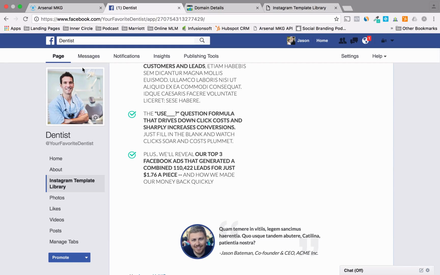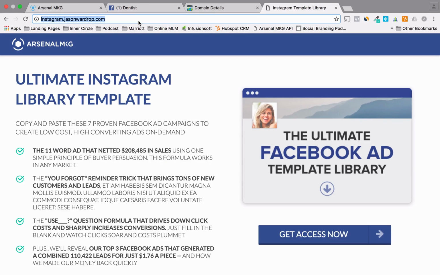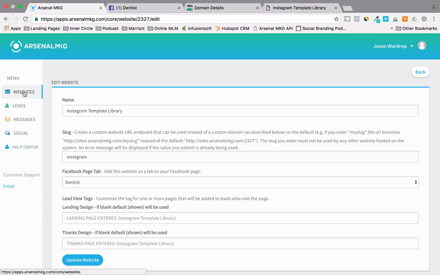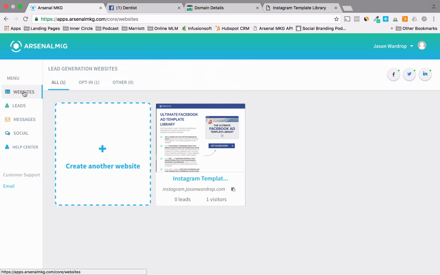And so now we've gone through, connected our social accounts, created our first website, added a custom domain, and embedded the page right within Facebook. Now I want to let everyone know about this new page that I created. So now we're going to go make our first post on social media. Okay, and you can see these buttons up here. So like you can disconnect from Facebook, Twitter, and LinkedIn all right there, like I was talking about a little bit earlier. So now we're going to come over here to social,